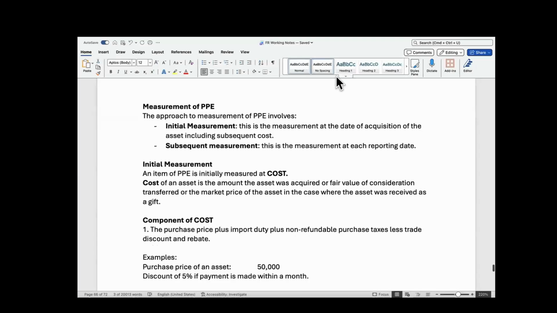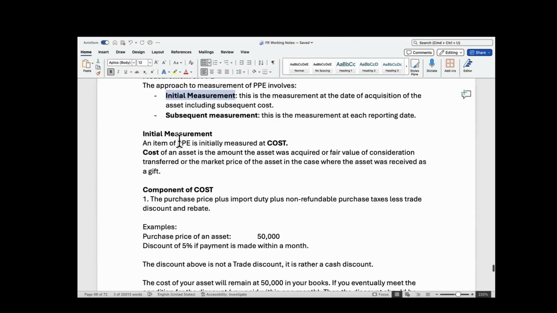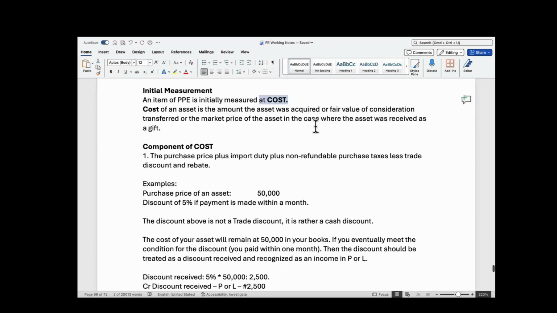Then how do you get the value of an asset? You're either looking at initial or subsequent measurements. Initial is the measurement at the date of acquisition. Subsequent is the measurement at each reporting date. Initial measurement is at cost. Cost is the amount you pay to acquire an asset,